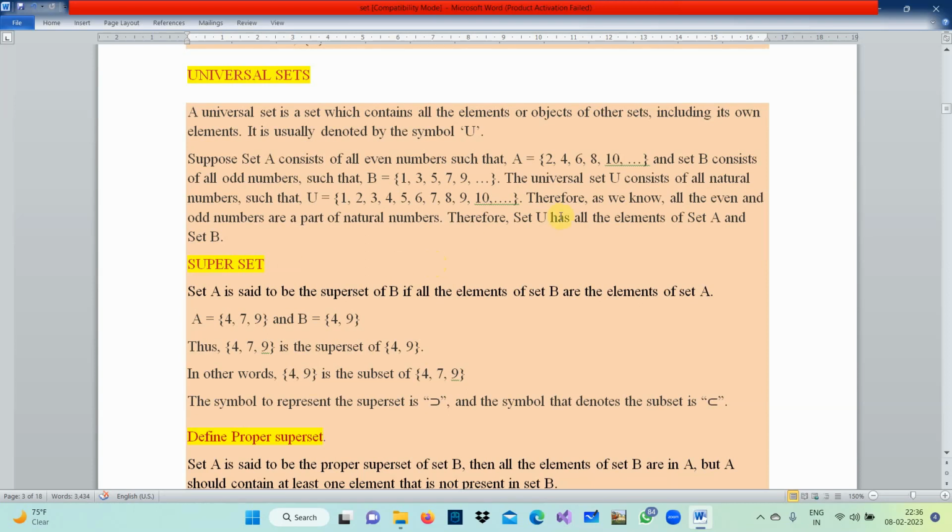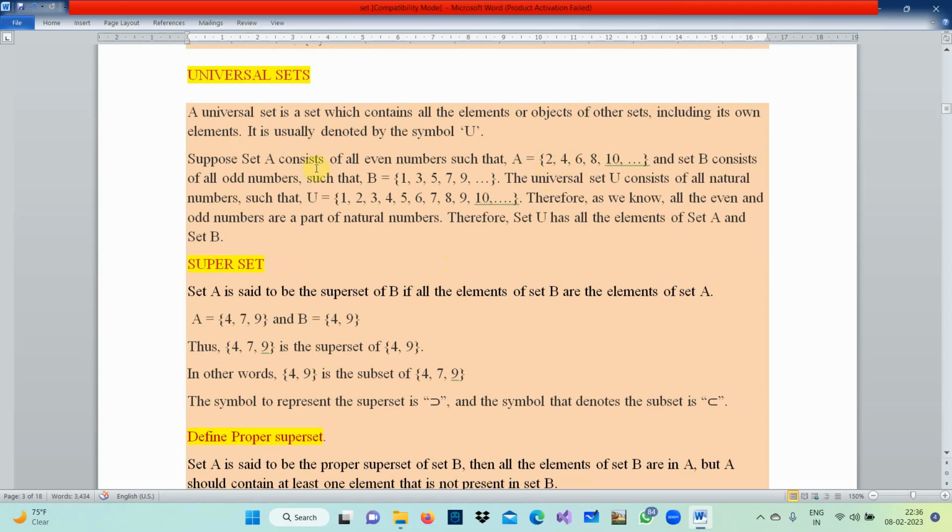I take set A as the set of all even numbers. What are the even numbers? They start from 2: 2, 4, 6. 0 is not an even number, it is a special number. Remember, you never write 0 as an even number or odd number. So A contains all the even numbers, that is, numbers divisible by 2: 2, 4, 6, 8, 10, 12, up to 100 and beyond, all infinite numbers. I am writing it here.